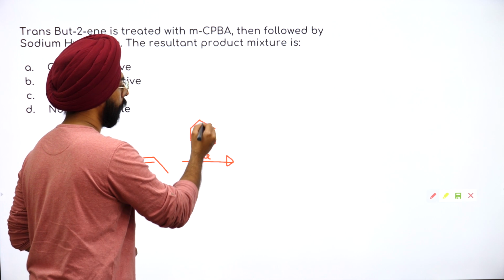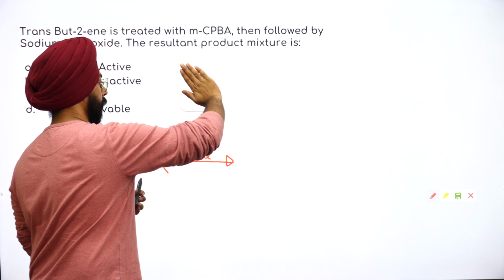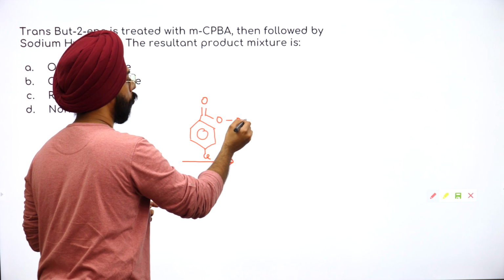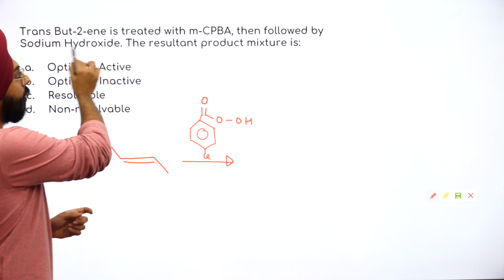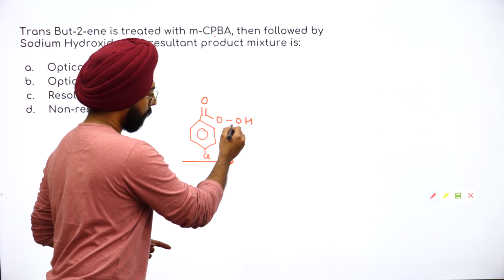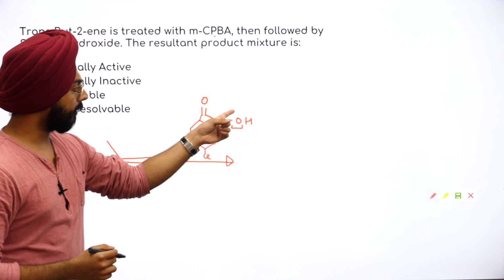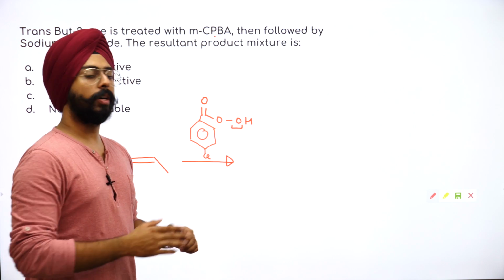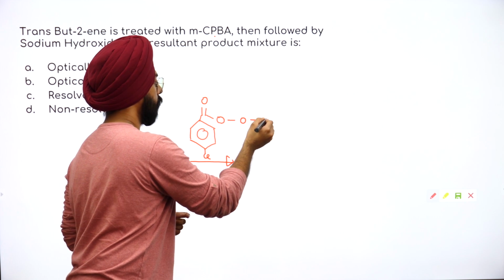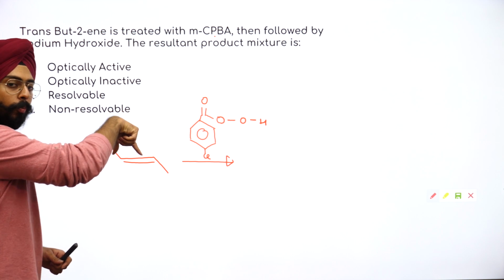यहाँ क्लोरीन लगा दो और यहाँ पे बनेगा तुम्हारे पास, there will be a double bond O, and over here will be OOH, because this is perbenzoic acid. Yes, metachloroperbenzoic acid. So this particular oxygen is sort of reactive. Yes, ये तीन ऑक्सीजन है, basically बीच वाला ऑक्सीजन जो है reactive हो जाता है. ठीक है, so there's going to be one oxygen that is reactive. Essentially what happens is इसके ऊपर add होता है.